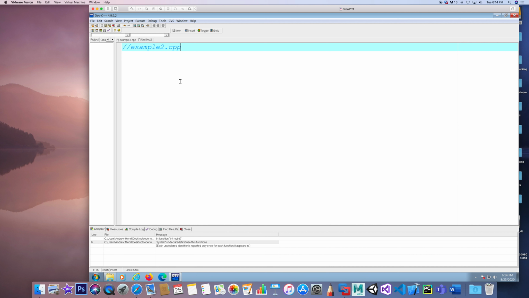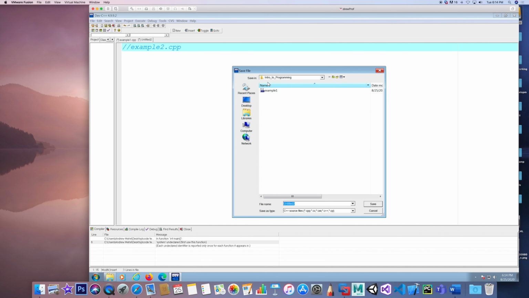So let's go ahead and save that file now. I can go ahead and say save, and I want to save it in the same directory where I have intro to programming, where we've seen example 1. This will be example 2. Now, I do not need to type .cpp here because the extension is right here, save as. So it will automatically do that for me, okay? So now I'm going to have two source files, one example 1, and the next one is example 2, okay,